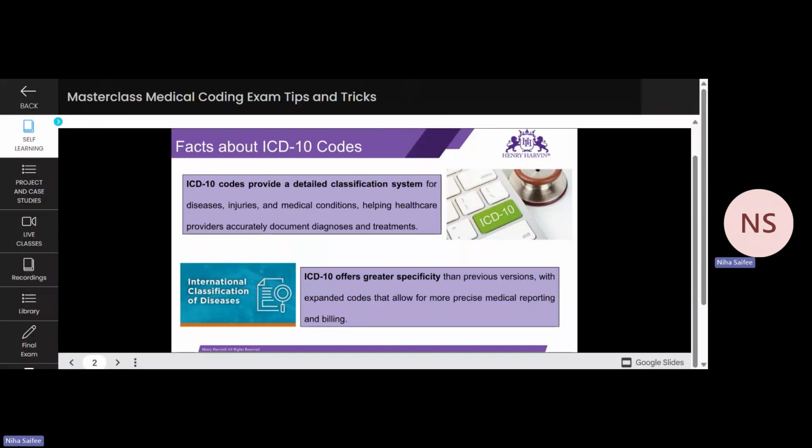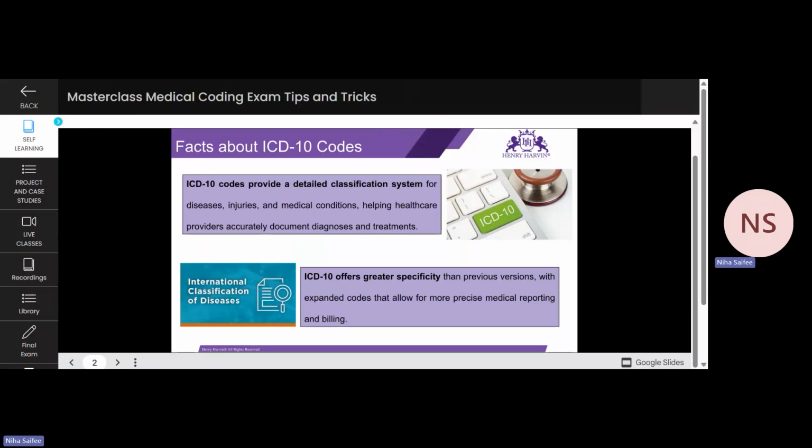So looking forward, even ICD codes are very important. You need to understand what the diagnosis is, what the medical condition is, and where you are going to look up that medical condition. There are different chapters, right? There is a chapter dealing with gastric issues. There is a chapter dealing with